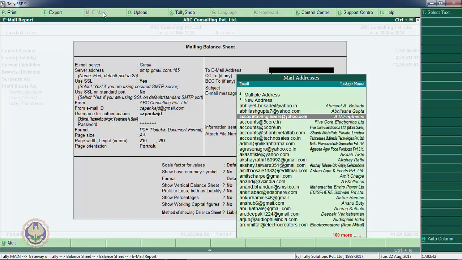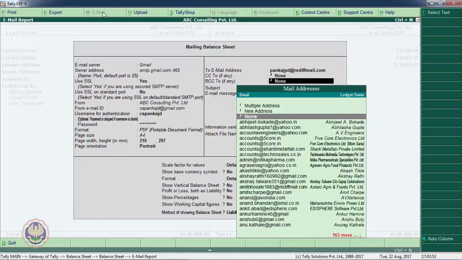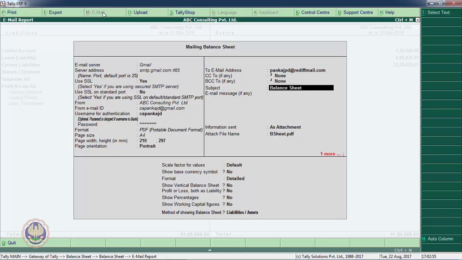These are the email IDs available in Tally. You can use these email IDs or you can type a new email ID. For example, I have typed this email ID. CC or BCC can also be selected. Subject, I can type the email text here, email body.